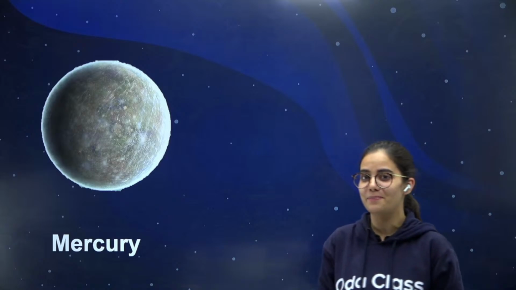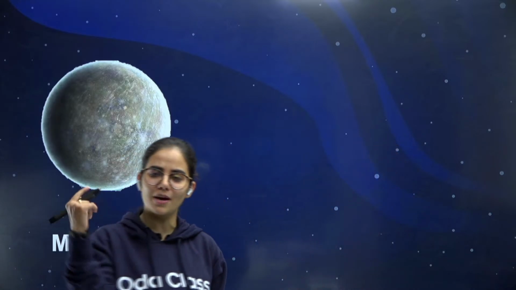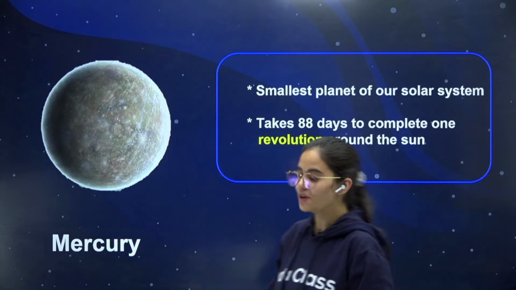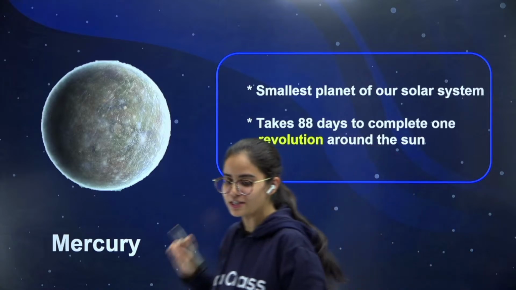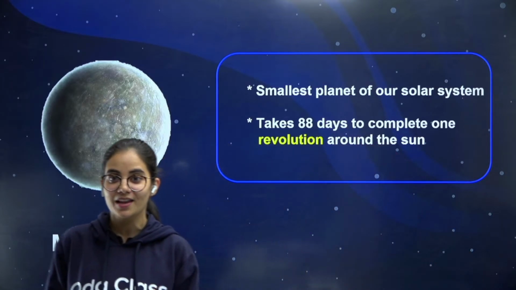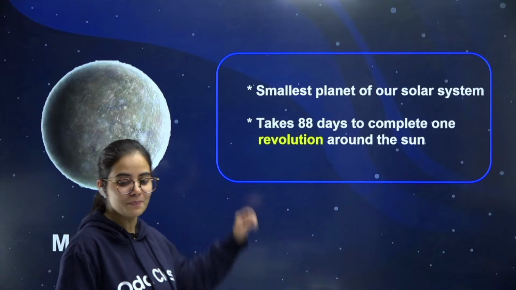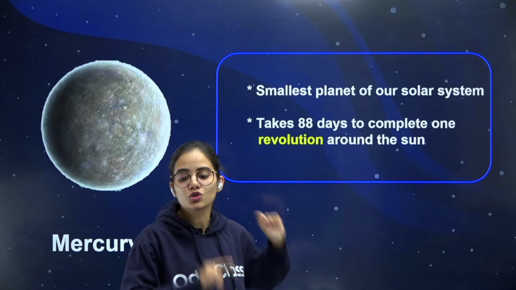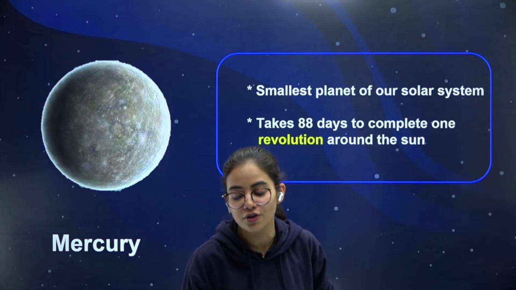Okay. So on that note, let us talk about the different nearby planets, and let us understand how long do they take to complete that one round around the sun. Okay, so let's start with the first planet, that is planet Mercury. So my dear kids, planet Mercury, that is the smallest planet of our solar system, as you must have observed before also, and it takes around 88 days to complete one revolution around the sun.